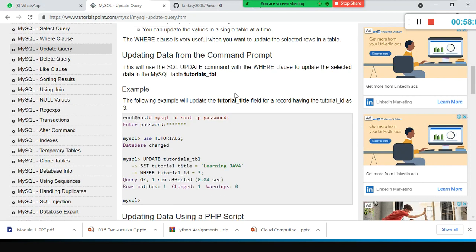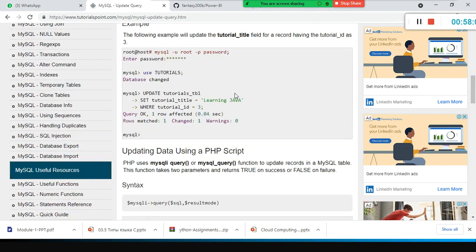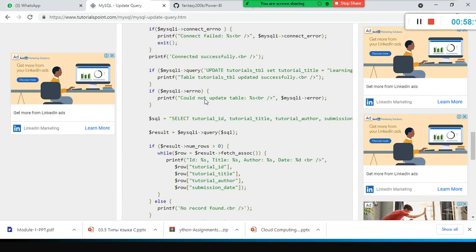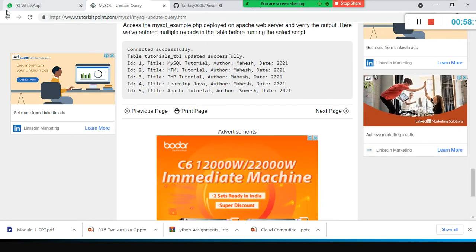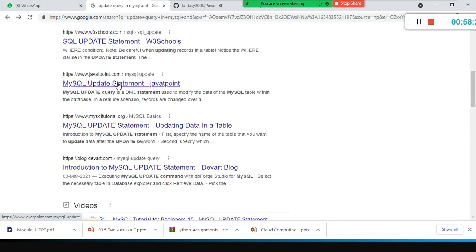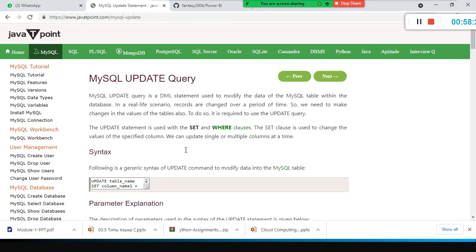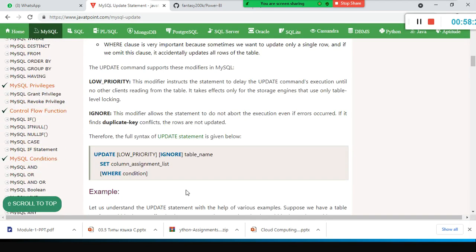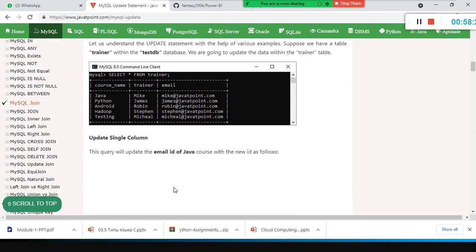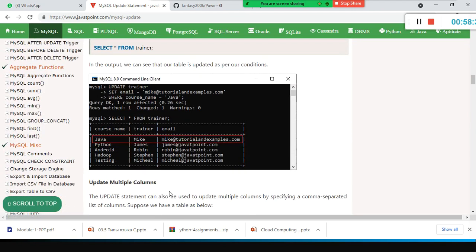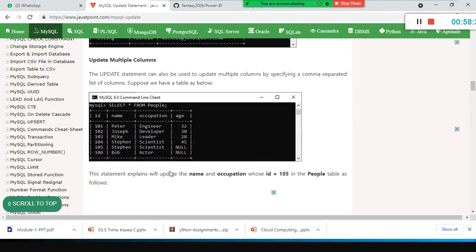You can modify the value for more than one column also. And how do I specify more than one condition? That is the syntax I am looking for now. Here they did not mention it. Where condition, where I should specify more than one condition. Here none of the guys mentioned it. Where course name equal to Java. No.